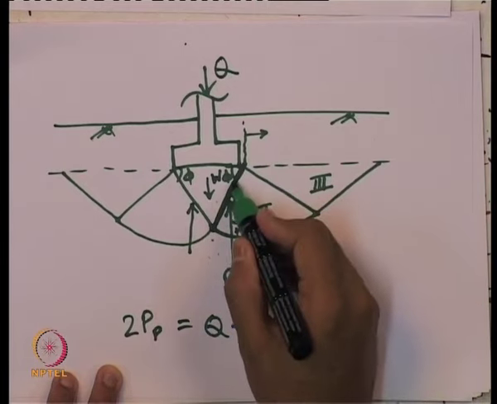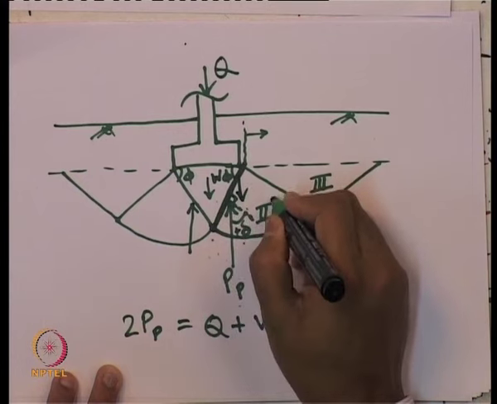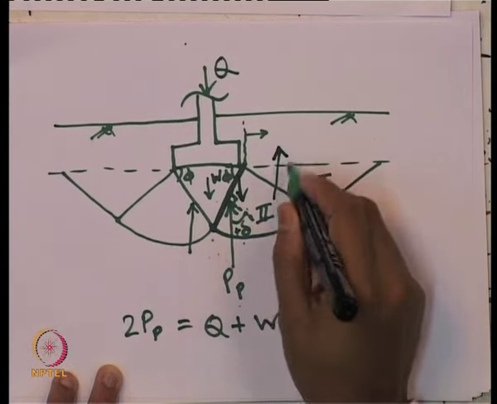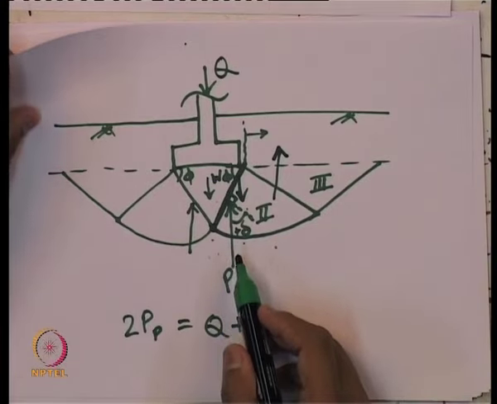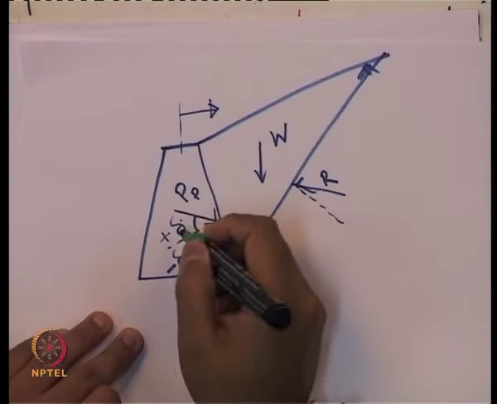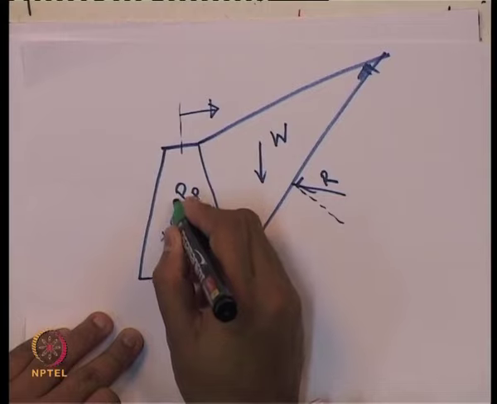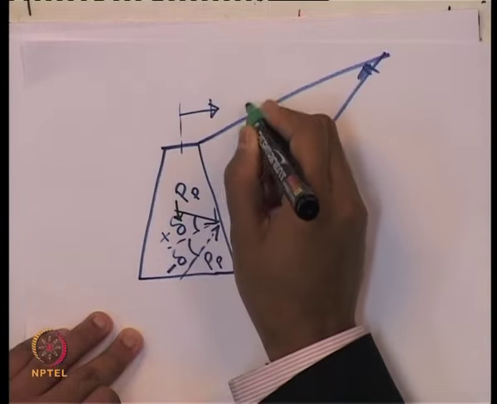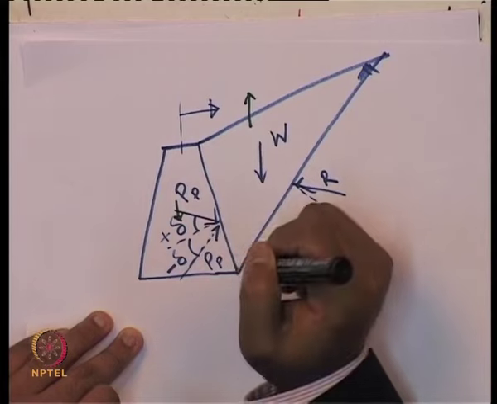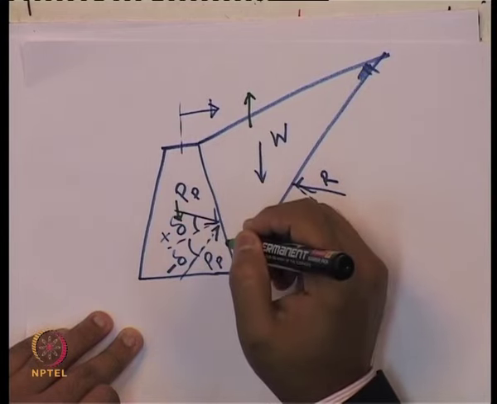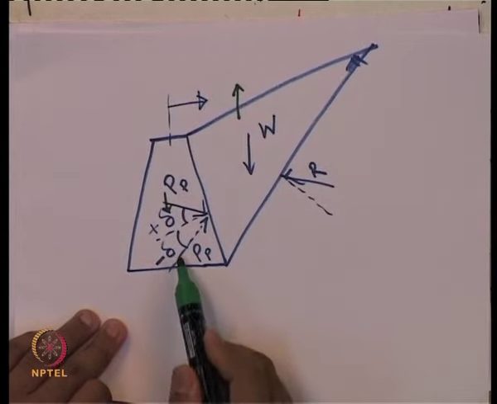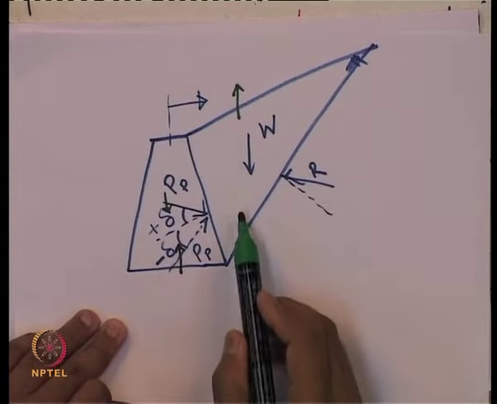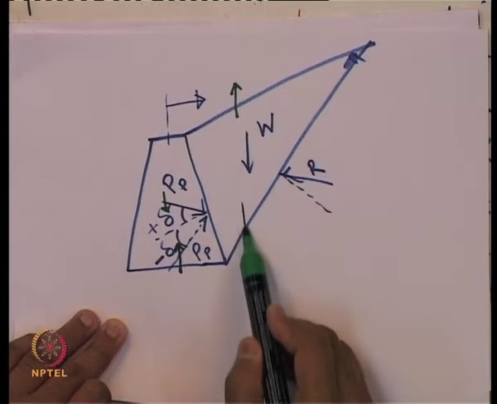Wall moves down, this wall moves down compared to surrounding soil. Surrounding soil moves up. That is why it is named as positive wall friction angle. What is negative wall friction angle? So, for positive wall friction angle, what happens? Wall moves down, surrounding soil moves up. That is the relative movement between wall and soil for positive wall friction. For negative wall friction, it is reverse. Reverse in the sense, wall moves up and this soil goes down.